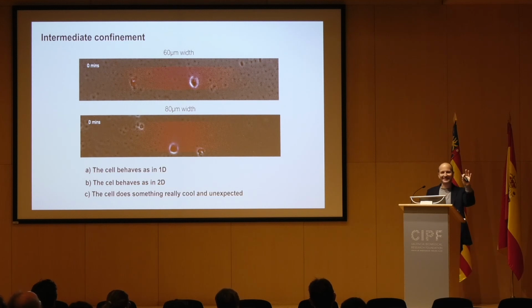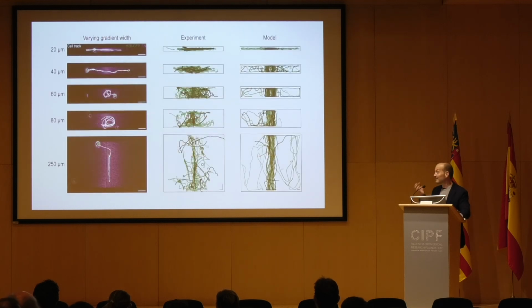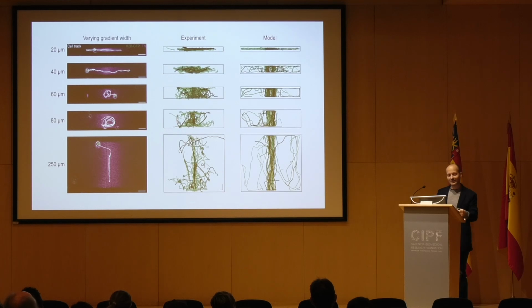Okay, I will not ask you to raise hands. So here's what the cell does. It starts turning. It loops. So you turn some gradients in 1D, they start looping. Okay, so we have this phenomenology: 1D, circles, orthogonal trajectories. Then with our collaborators, we started scratching our heads about how we incorporate confinement into this system,